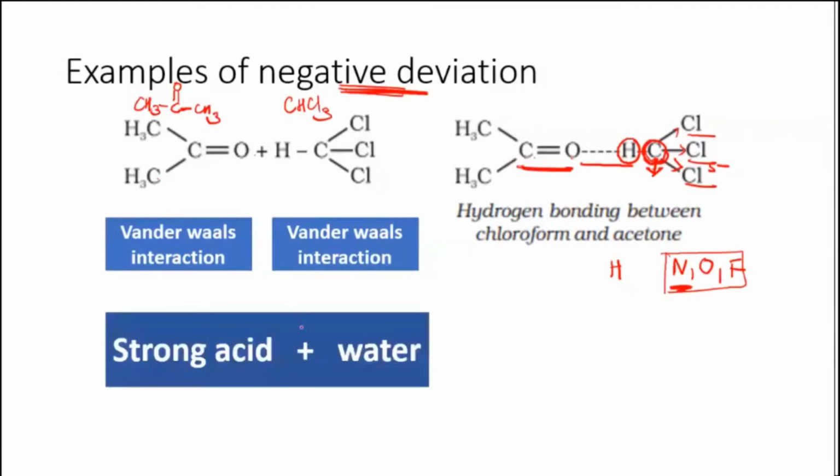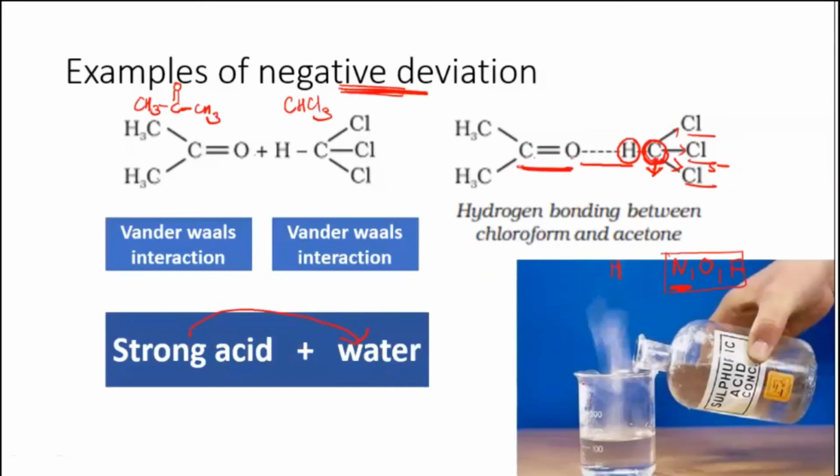And then the next one is strong acid and water. You have seen all of them showing negative deviation. This you might know also, because in your high school also you have learned, correct? When we are diluting an acid, you should always add acid to the water, because the reaction is exothermic in nature. A lot of heat energy is released during the process. So when the reaction is exothermic, it will show negative deviation. Why negative deviation?